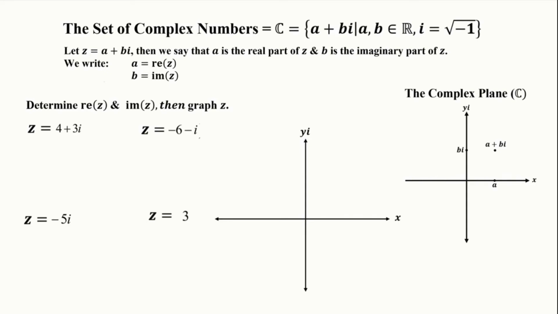So here, of course, this is given in our standard a plus bi form. That's called the standard form of a complex number. And so clearly the real part of z is 4 and the imaginary part of z is 3. The graph of 4 plus 3i is easy. Once we